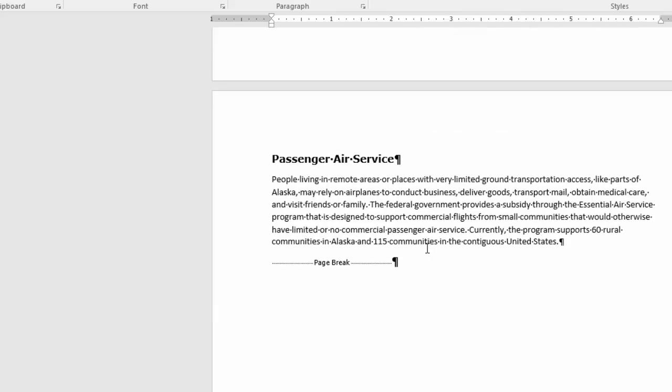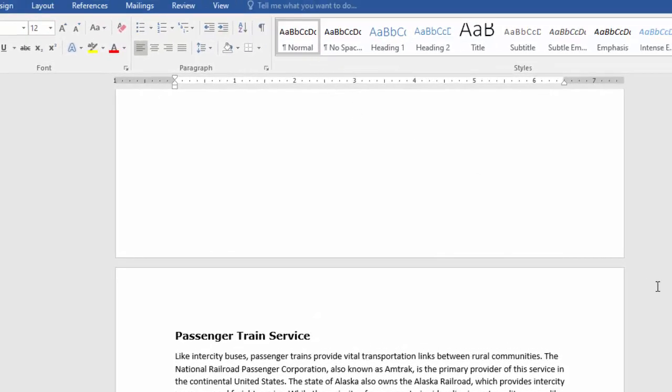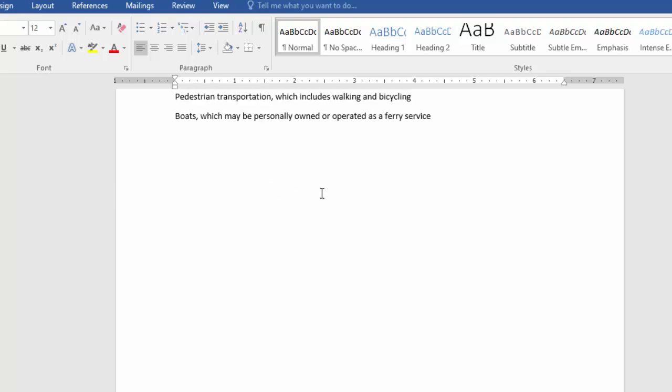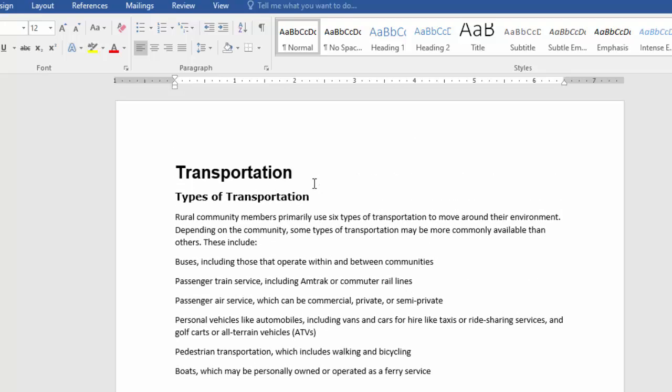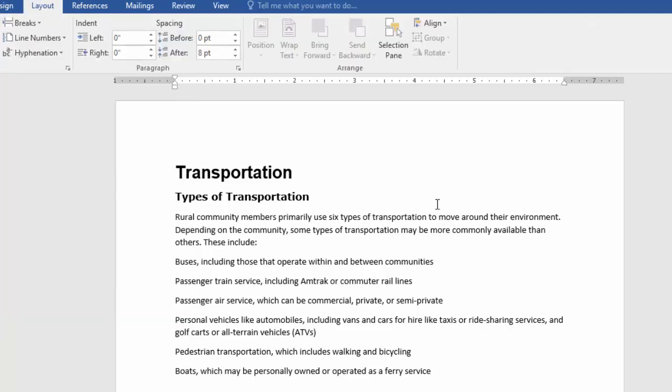Nice. I don't think you have any challenge with page break. It's easy to do. You just click where you want to insert the new page. You click where you want the new page to start, and you simply go to layout, choose breaks, and choose page break. Let's go ahead now and